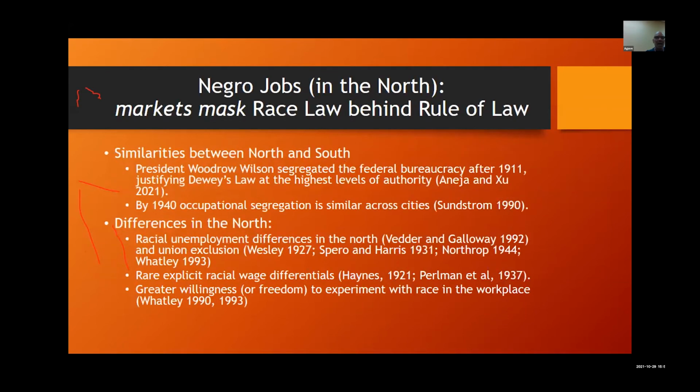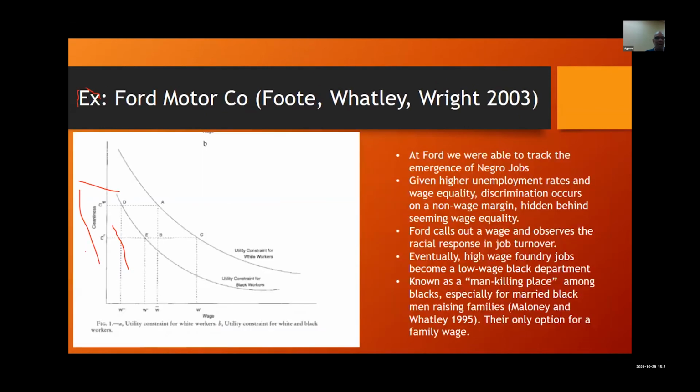And then there's Jim Crow jobs in the North and South. These are my 28 slides here. And this is some work I did with Chris Ford and Gavin Wright on the Ford Motor Company, where we can actually see these Negro jobs emerging in the North. The norm here, real quickly, is that Blacks are not supposed to supervise